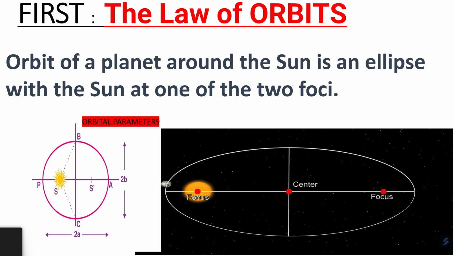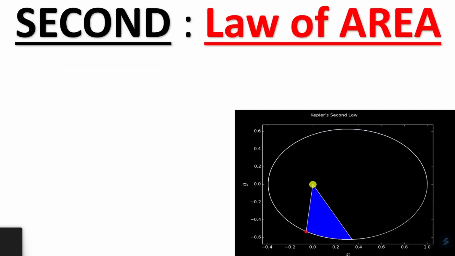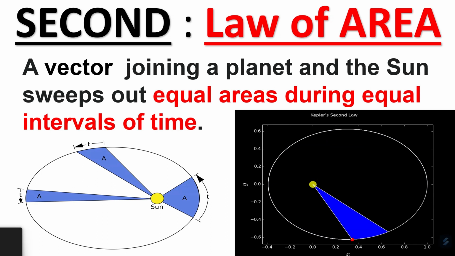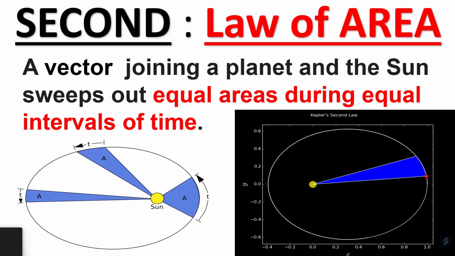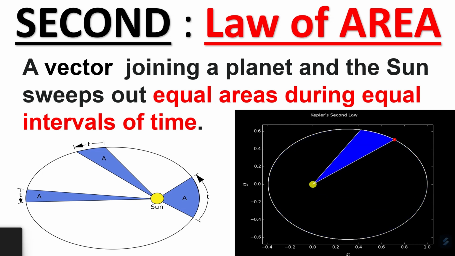The second law, also known as the law of equal areas, states that a planet sweeps out equal areas in its orbit in equal amounts of time. The imaginary line joining a planet and the Sun sweeps equal areas of space during equal time intervals as the planet orbits. Basically, planets do not move with constant speed along their orbits. Rather, their speed varies so that the line joining the centers of the Sun and the planet sweeps out equal parts of an area in equal times.